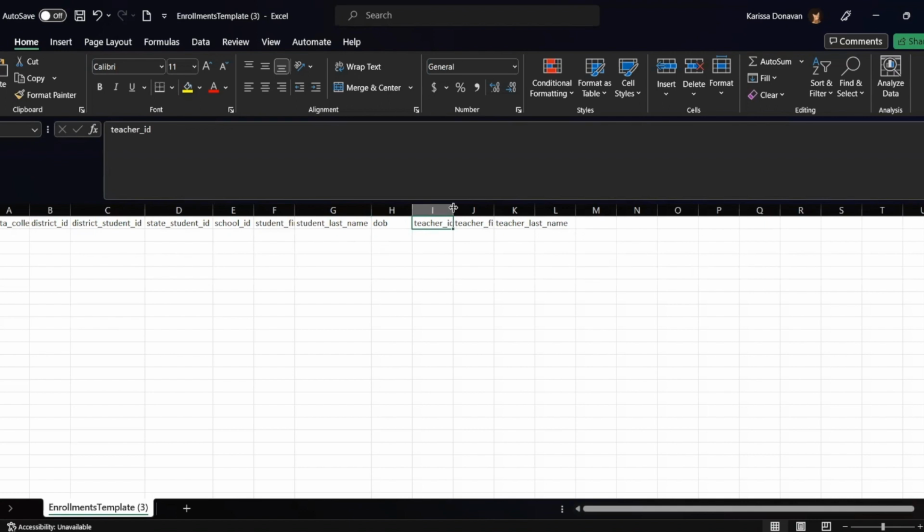then the teacher ID. Now this is going to be what you put on your teacher file earlier. So whether it was the teacher educator ID, which is the 2 letters and 7 digits, or the teacher's email address, make sure you have that matched up to exactly what you have in the KReady system. You add that there, then the teacher first name and the teacher last name. Once all of this information is filled in,